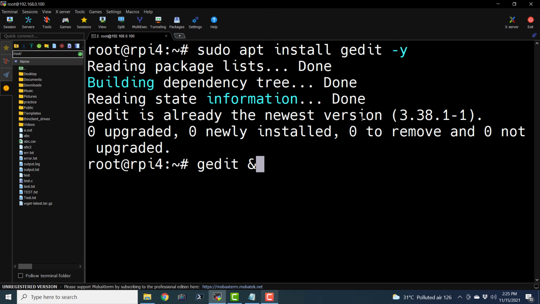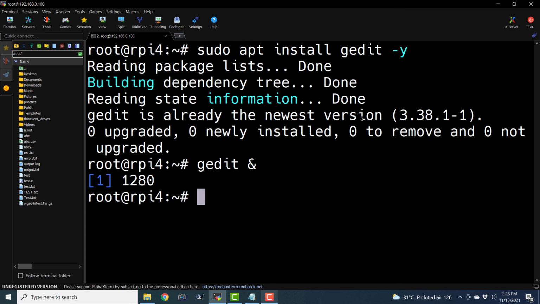Let me hit enter, and it is showing us the process ID of this instance of gedit. Let us wait for some time for the X server to start up the graphical user interface of gedit on this computer. Basically this gedit utility is running on the Debian installed on that Raspberry Pi, and we are remotely accessing its graphical user interface.